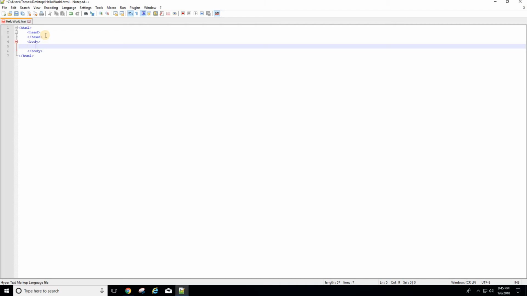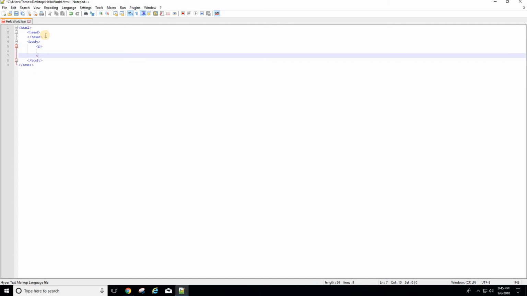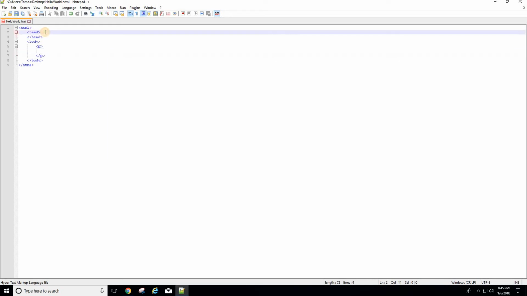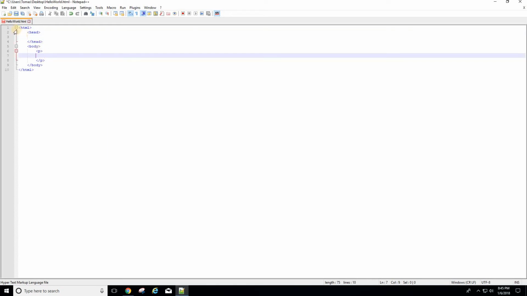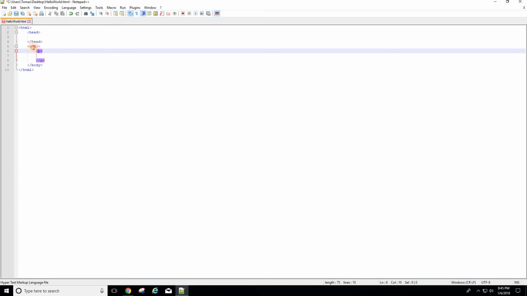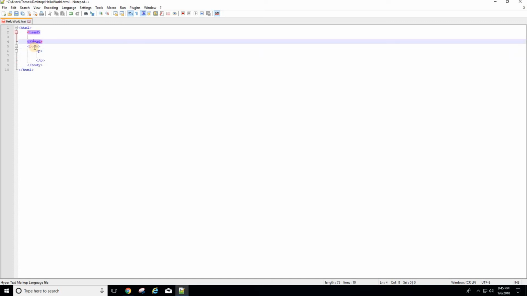So in order to output text on our web page, we are going to add a p tag. Now, one thing to note is the spacing that I have done in order to make my code clean. If you notice, the first tag that I wrote encompasses all the other tags. So the other tags are tabbed over once. And if you notice inside of the body tag, the P tag is also tabbed over to make the code